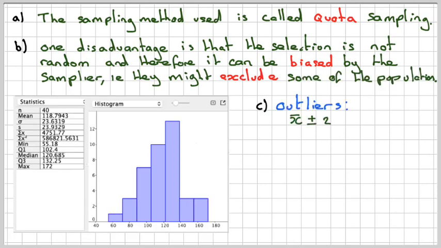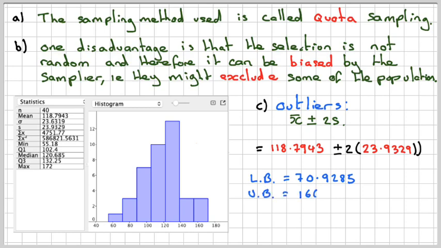Right, outliers. So we're asked to use the standard deviation methods. We need to do the mean plus or minus 2 times the standard deviation. So for the MEI board, you need to use this one here, 23.93. So it's 118.7943 plus or minus 2 times the standard deviation. And the standard deviation you can get from here. That will give you a lower boundary of